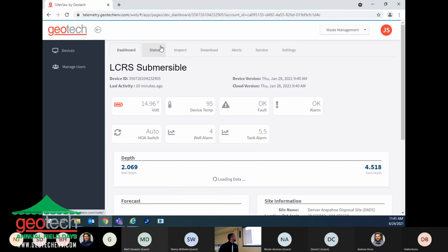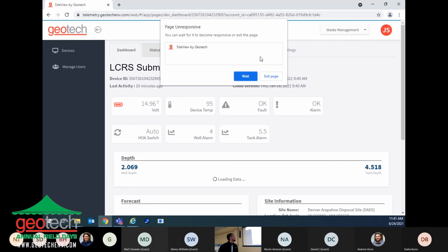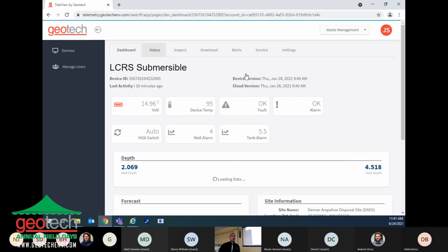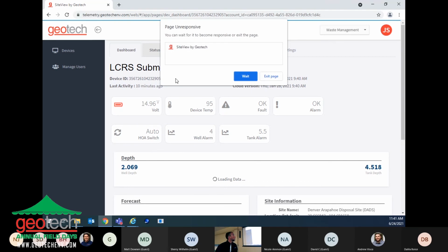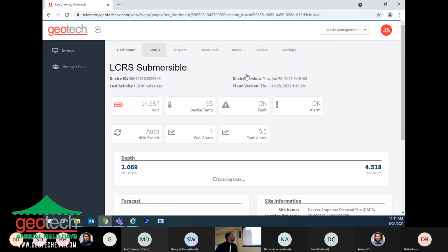And click on status. Clicked on status, it's waiting. Bless you. I wonder if Google's running updates today or something. And keep working on this one too. Oh, that's. I try to reload it, but